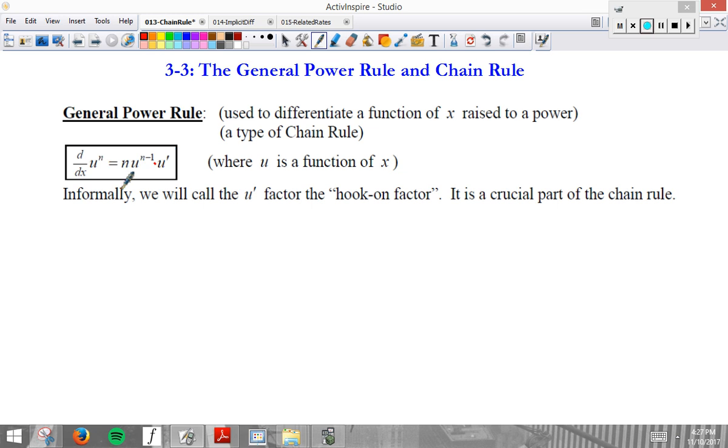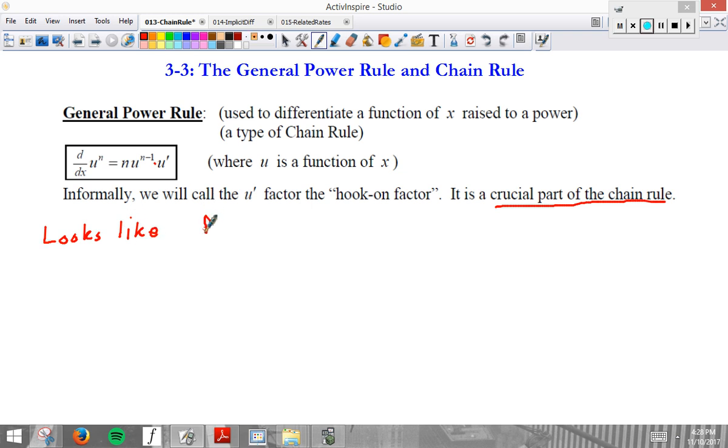Okay? So informally, we will call u prime the hook-on factor. It's really the crucial part of the chain rule. And we will always be using the chain rule, and it's going to be the end of this unit in every single lesson. Super important. So really we're talking about stuff that looks like,